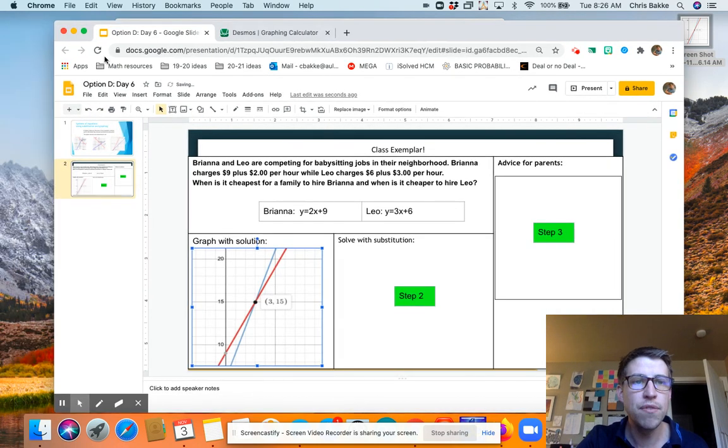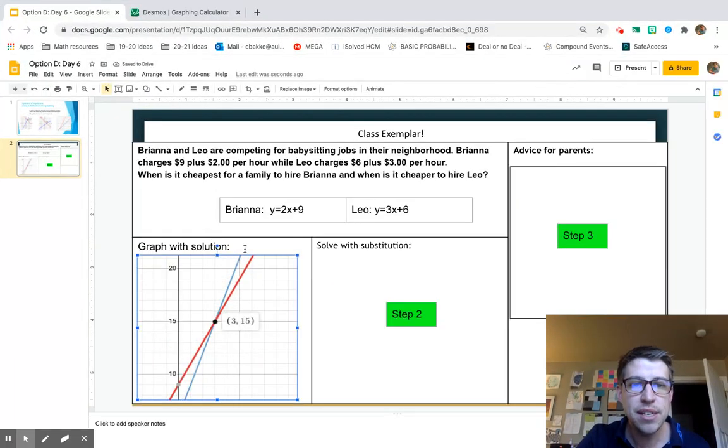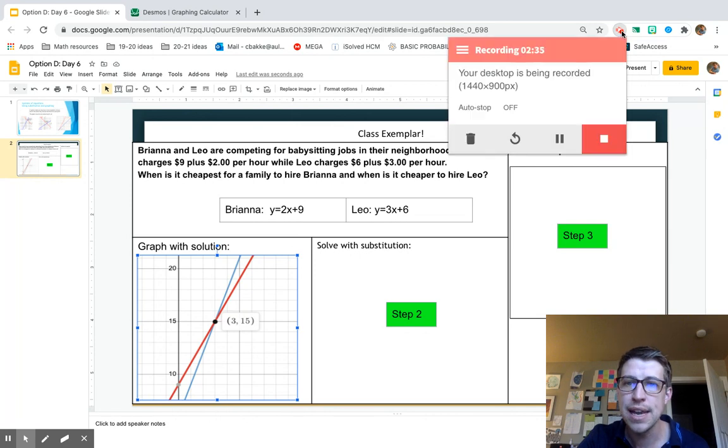Now, go ahead before you watch the next video and see if you can take those two equations and solve it with substitution, just like yesterday, hopefully getting x is 3 and y is 15 before we take that and turn it